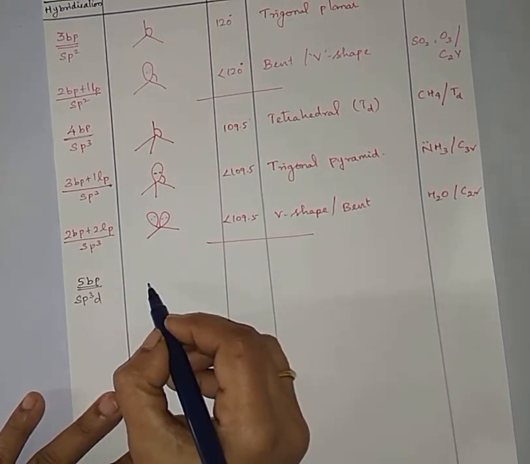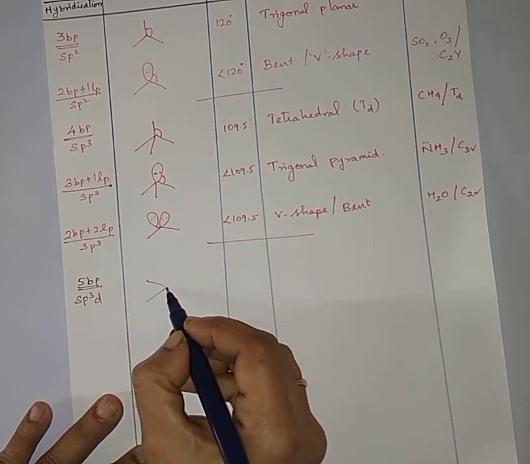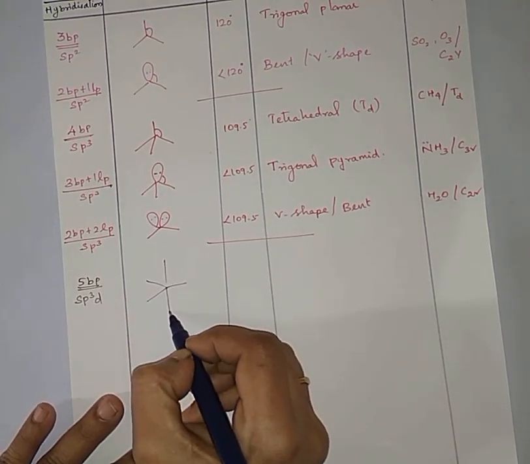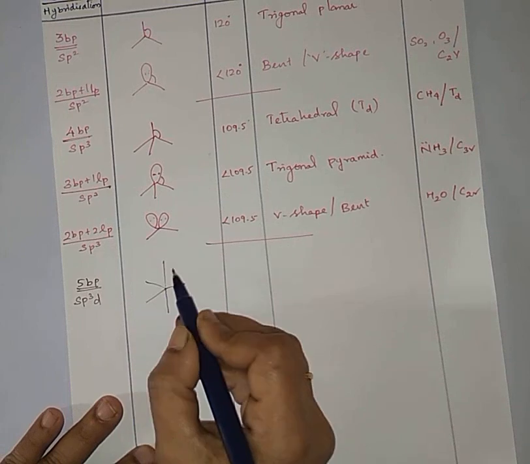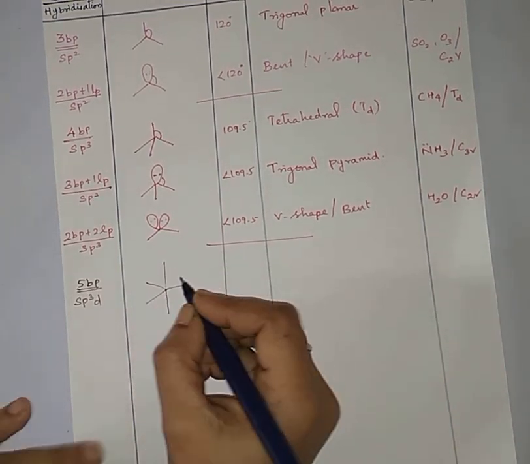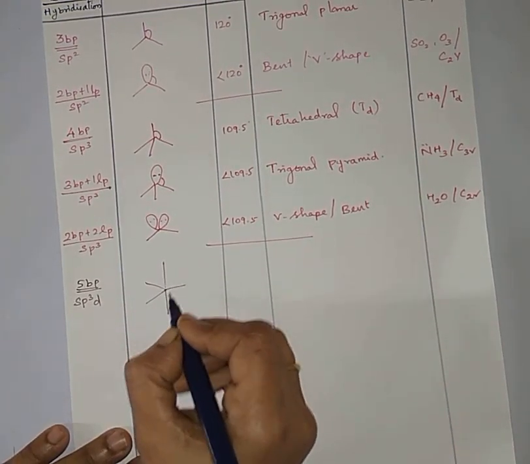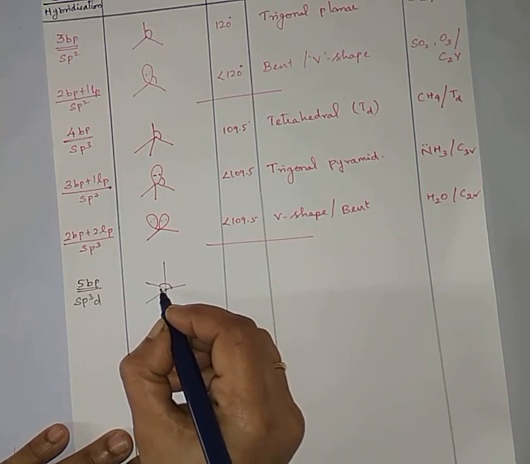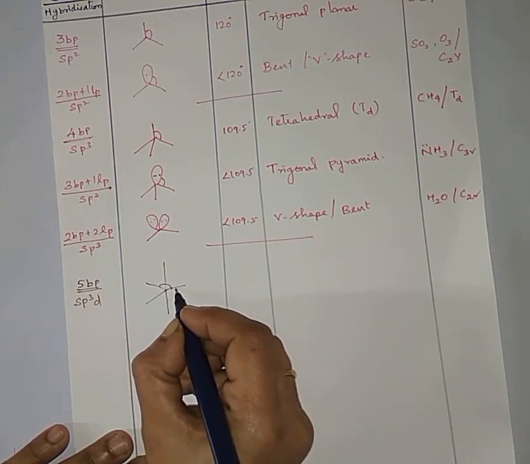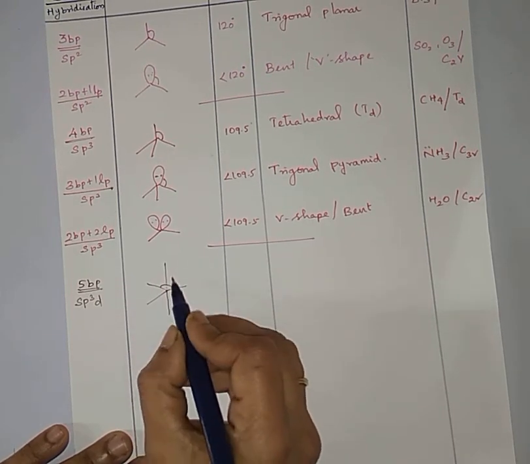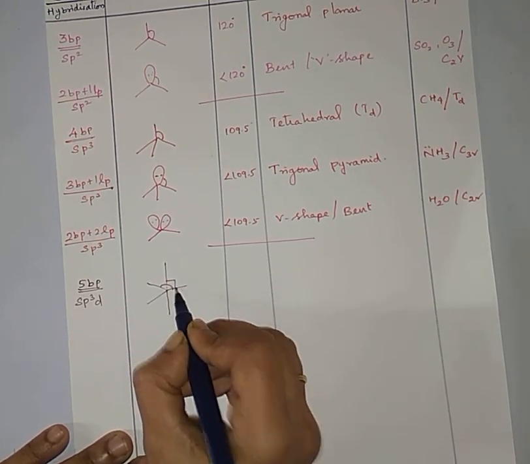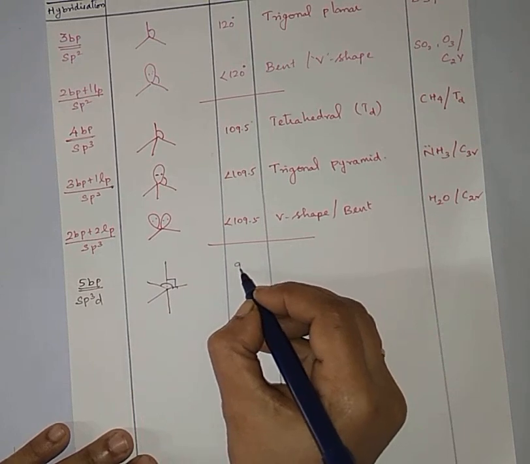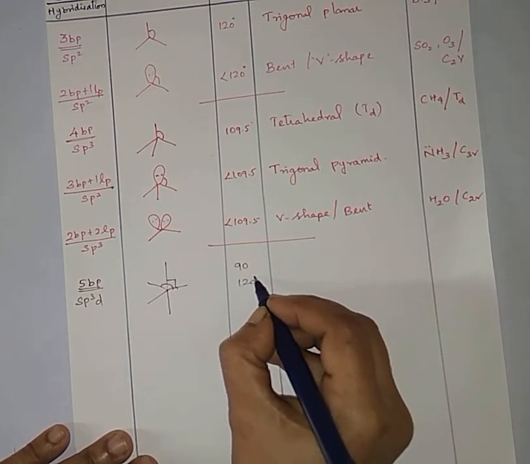In the same way, it should be trigonal planar like this, and then like this. Okay, this is the shape. The angle, the 2 angles are there. Here it is 90, here it is 120. In these 3, this to this, and this to this, these are all 120. And this angle is 90. Okay, one is 90, another one is 120.